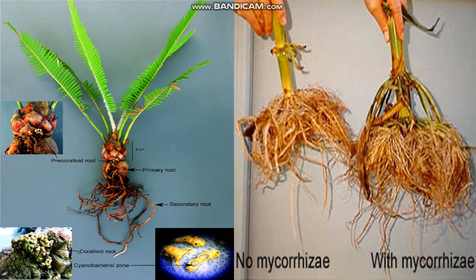So students, we were discussing the coralloid root and mycorrhiza. You can see this is the coralloid root, which is associated with cyanobacteria. This is the cyanobacterial zone present here, that is blue-green algae, and the Cycas root is associated with this cyanobacteria and forms the coralloid root, which helps in nitrogen fixation, right? See the mycorrhiza here, the Pinus root associated with fungi forms mycorrhiza, which helps in nitrogen fixation, right? So please remember these two structures, coralloid root and mycorrhiza.